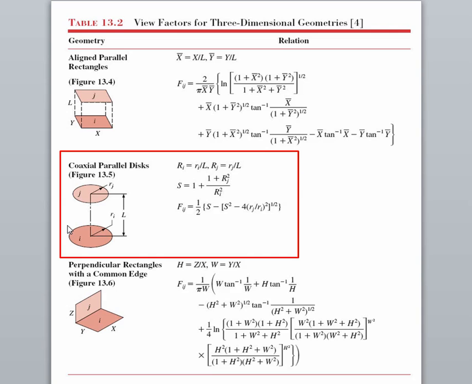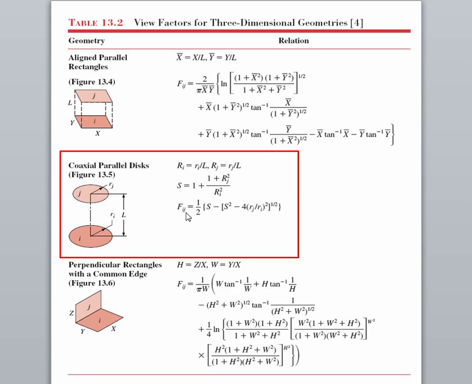So the geometry that we'll consider is we have two parallel disks, and we want to calculate the view factor. So we have a set of equations here. We've got the radius of disk I and disk J. We normalize them by the L, which is the distance they are apart. That's capital RI and capital RJ, and there's this intermediate equation S, which we then use in this view factor